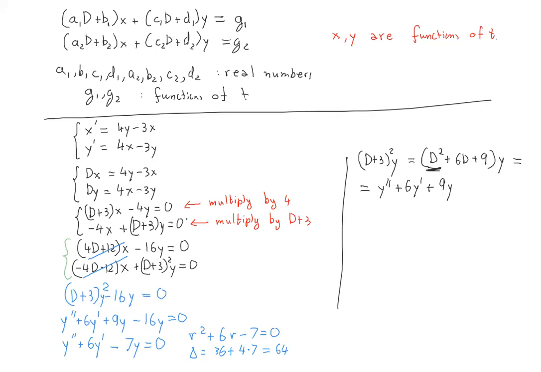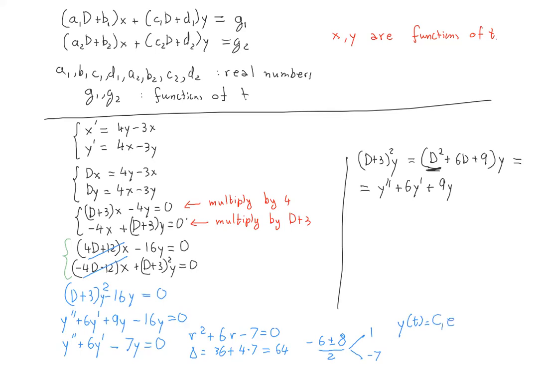A very nice square discriminant. And the solutions are going to be minus 6 plus or minus square root of 64, also known as 8, divided by 2. And this is going to give you minus 6 plus 8 is 2 over 2, that's 1. And minus 6 minus 8, that's minus 14, divided by 2, that's negative 7. Right? So these are the two solutions, which means that y of t is going to be equal to